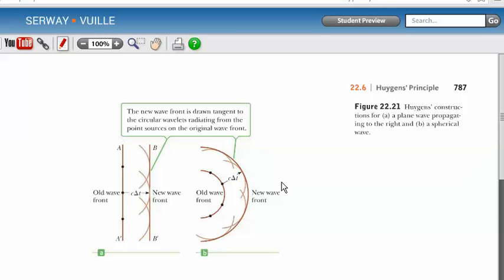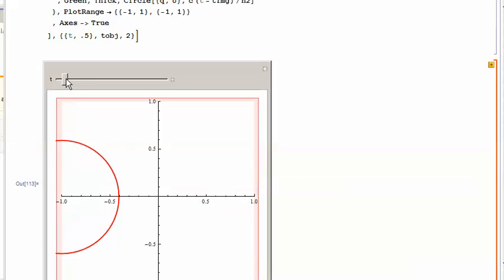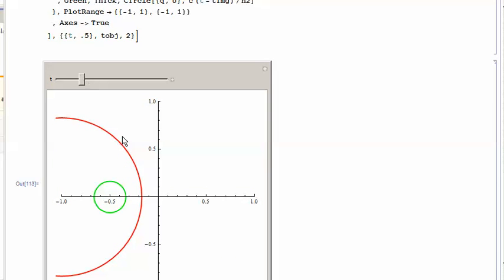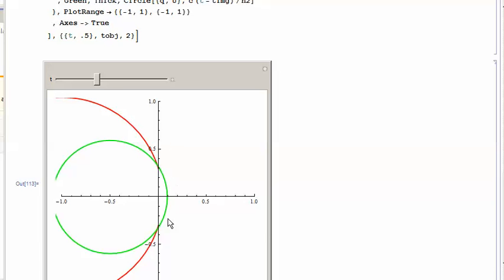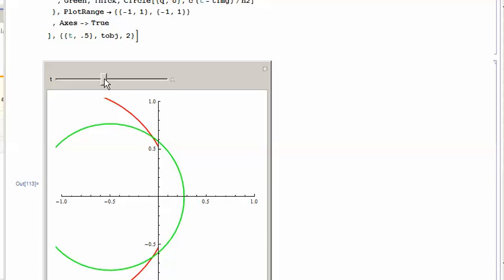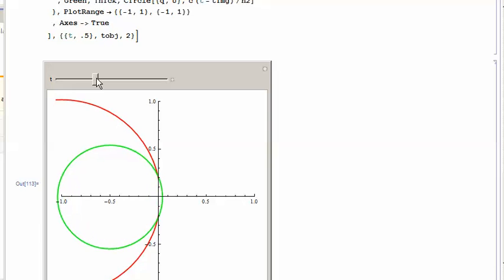And really, I wanted to just take this diagram, and I'm not sure if I'm producing exactly the same concept or a different but related concept, but here's basically what's going on. This red line is what we would refer to as the old wavefront, and then this green is the new wavefront. Notice I was able to fix it so that one of these disappeared over here in this region by drawing a white rectangle before I drew the green circle. But anyway, this is essentially what's going on